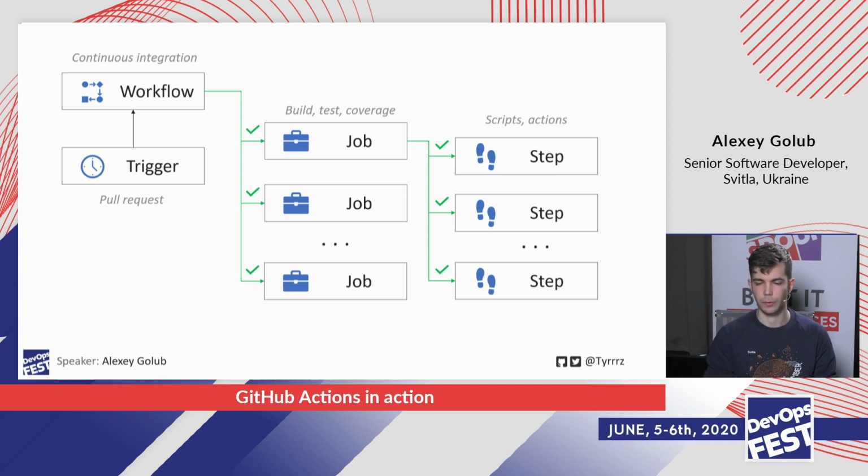And then steps, of course, are what jobs contain, and they are sequential, so each step goes after another, and a step does not run if the previous step didn't complete successfully. In the case of jobs and workflows, the file system and the environment are not shared. In the case of steps, they are shared, so whenever you make a change to the environment in a previous step, it will be visible from the next step.